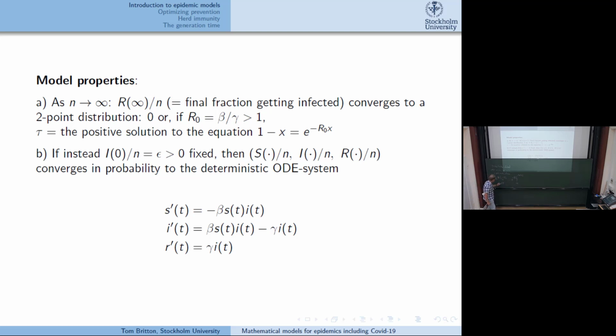And we see that this cancels out, and then there's a law of large numbers for the mean here, so it is e to the minus. The mean is 1 upon gamma, so it's beta upon gamma times tau. So 1 minus tau is equal to e to the minus